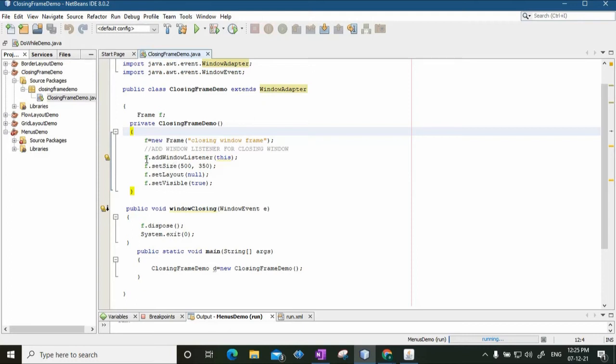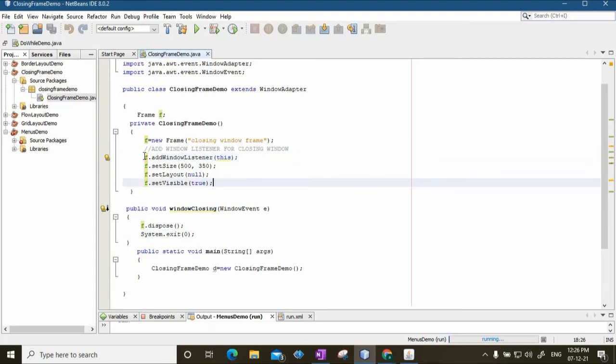So in this line of code, I am saying f.addWindowListener. The addWindowListener method registers a window listener object to the frame, so that now if somebody clicks on the close button, which is a window event, this listener object is going to listen to this event and take a particular action.